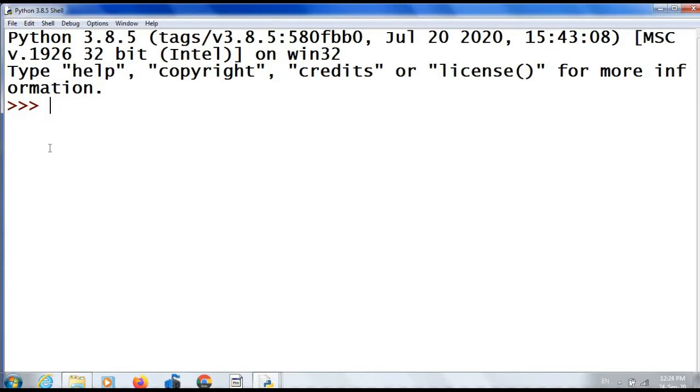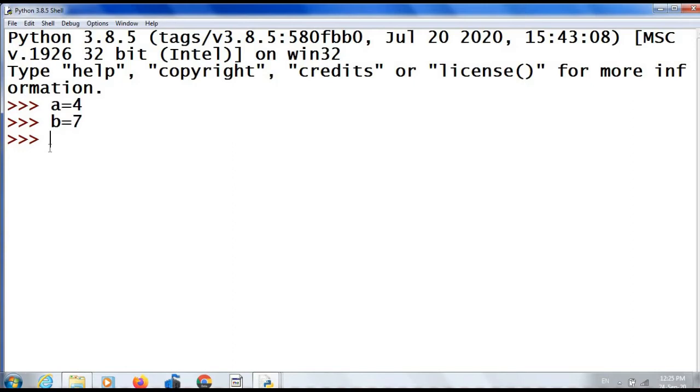Next we will see what is the difference between equal to and double equal to. A equal to 4. B equal to 7. Here this equal to is an assignment operator. That is, the value 4 is assigned to the variable A. Similarly, the value 7 is assigned to the variable B. That is, single equal to is used to assign some values to variables.